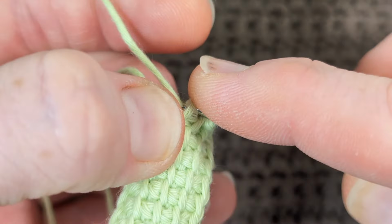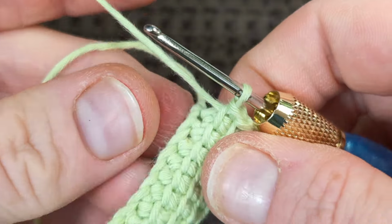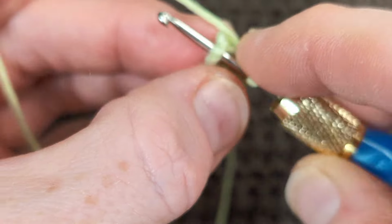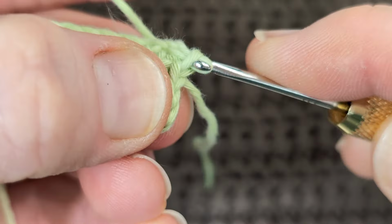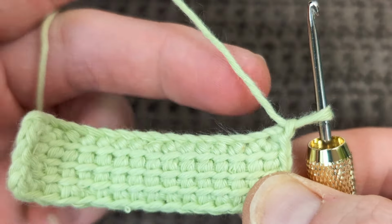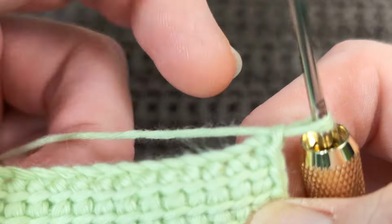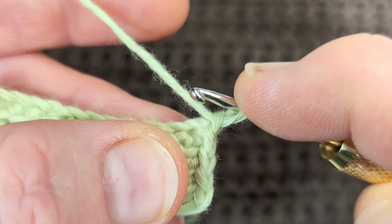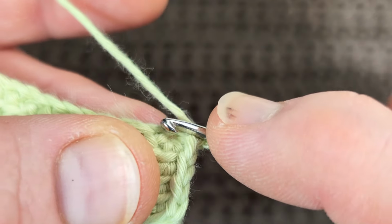Go under that loop and work a slip stitch. Slip stitch. And in the last one, you're going to work a slip stitch in that stitch, slip stitch, and your chain 1. So now we're going to work down the side, working yarn under, single crochet. So into the same space with the slip stitch and your chain 1, you're going to work a yarn under,